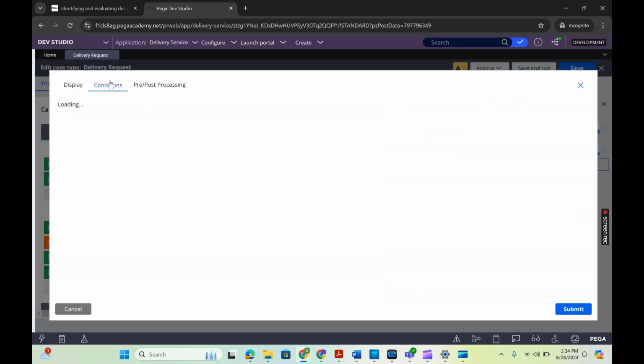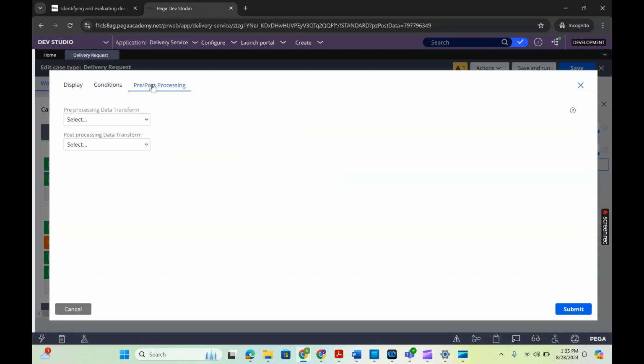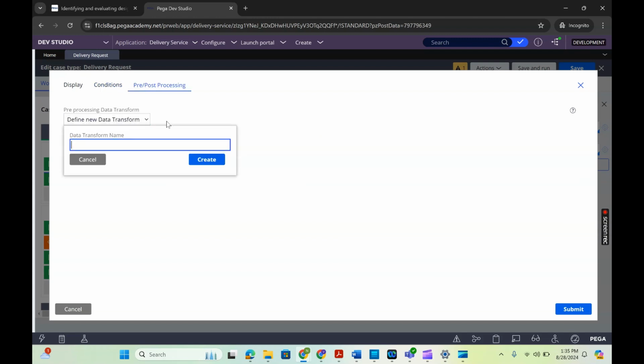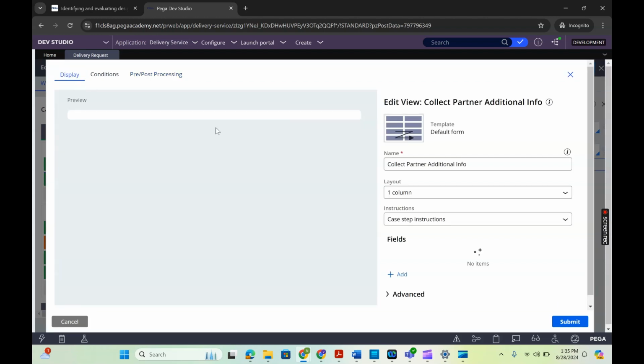The condition tab is where we can write a condition for this view. You see here, we can add the validation conditions here. Those things we can control in the conditions. And the pre or post action is kind of a data transform. We can define the data transform for the pre flow action and the pre view, and this is for the post view. So now we'll talk about the view.